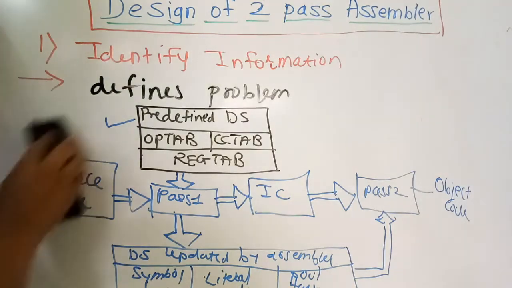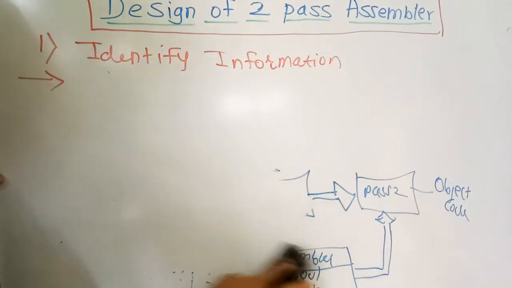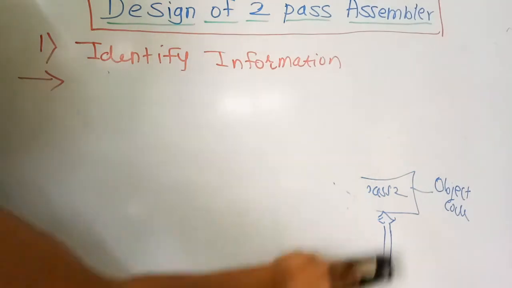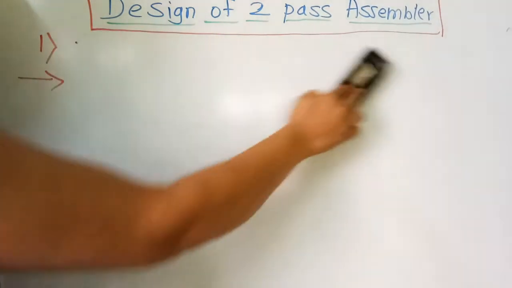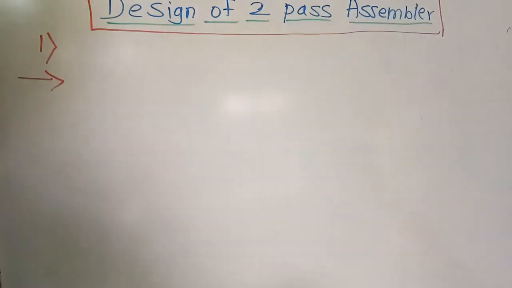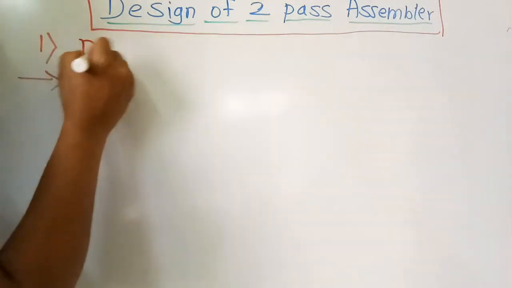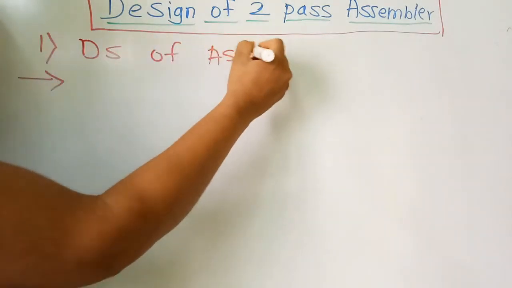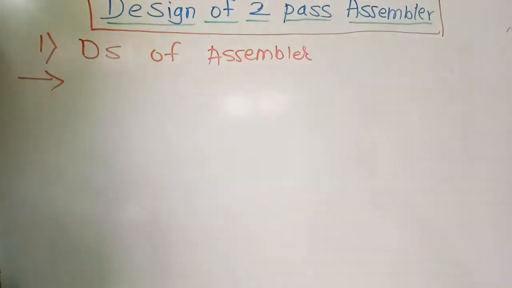We will take the next step of the designing procedure of the assembler. That is, we have to record the different suitable data structures. So we will take it as the data structures of the assembler. Which are the different data structures? There are two types of data structures. The first contains information of a machine, and the second is the data structure updated and created during the translation.